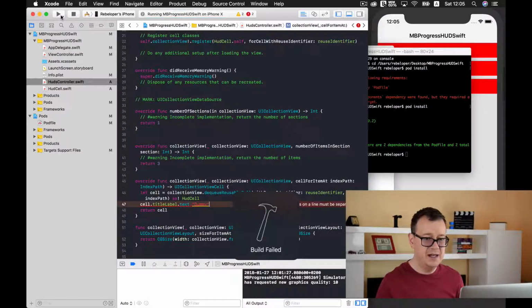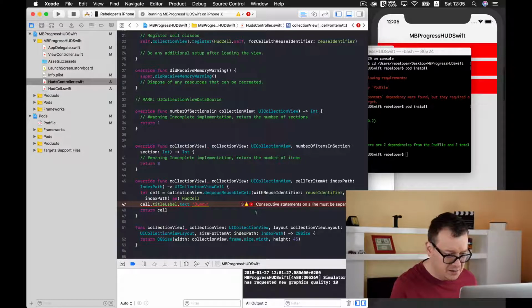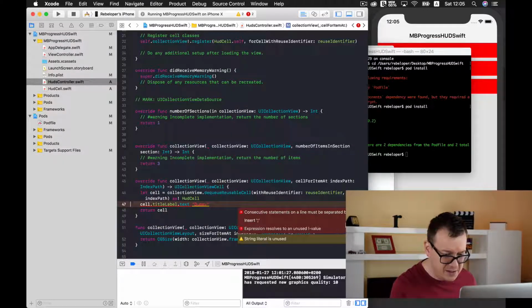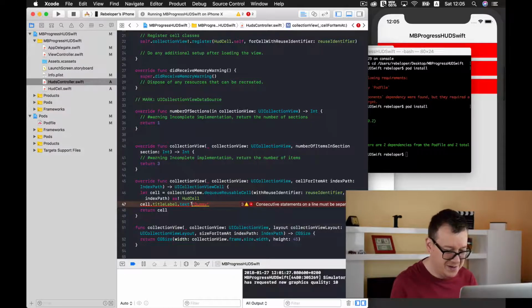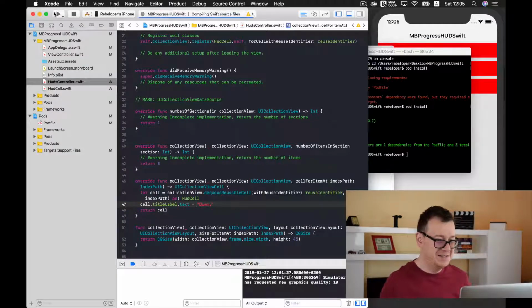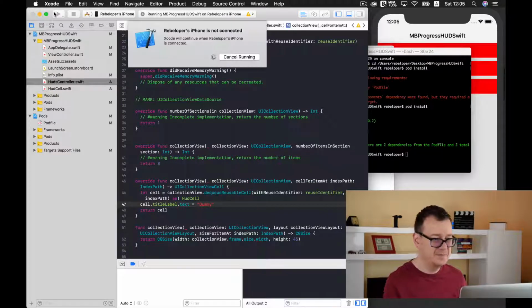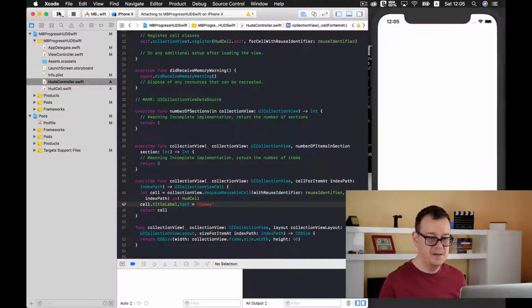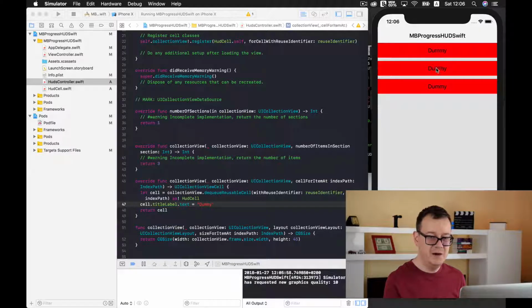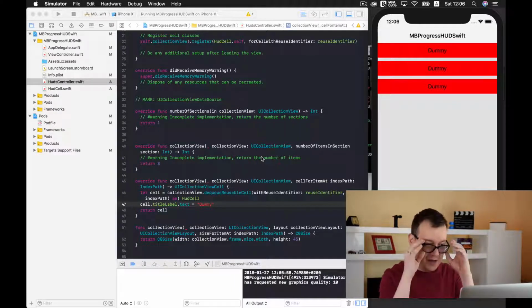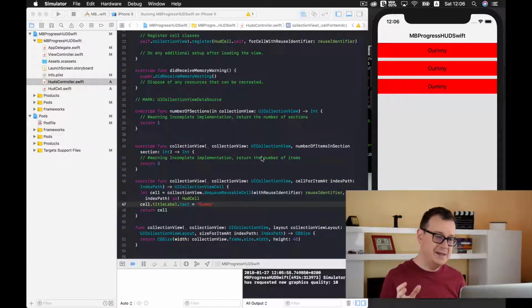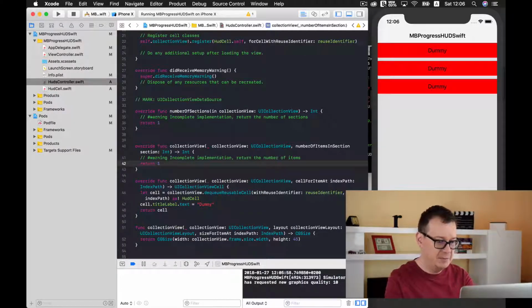Let's build and run again and see. Well, let's see what the problem is here. Oh, equals. I forgot the equal sign. And here we go. We have our dummy text here. Now, next up is that we want to have more than, let's see, 3. Here, let's type in maybe 15, but we need to have some sort of